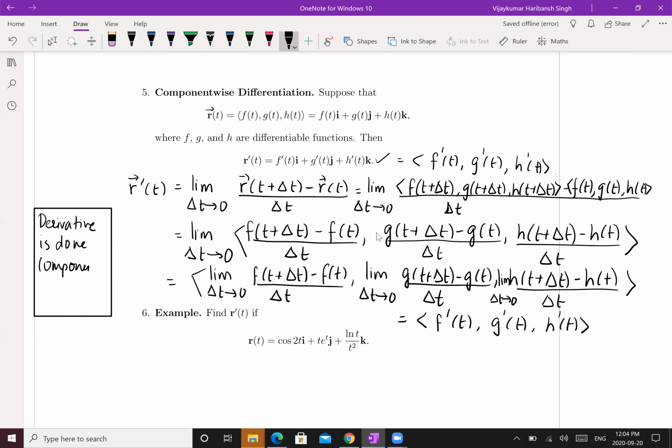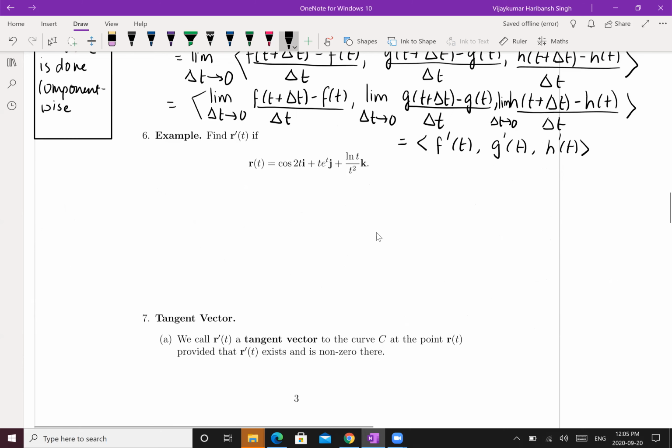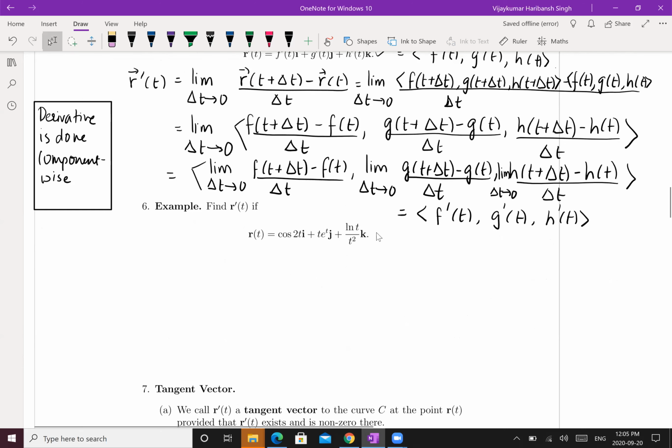So derivative is done component wise. With vector valued functions, a lot of it you can do component wise, right? So that's the nice part of it. Now in this case, we can find out what is r prime of t. So r prime of t is given by, what is the derivative of cos 2t? Component wise, the first component derivative is minus sine 2t